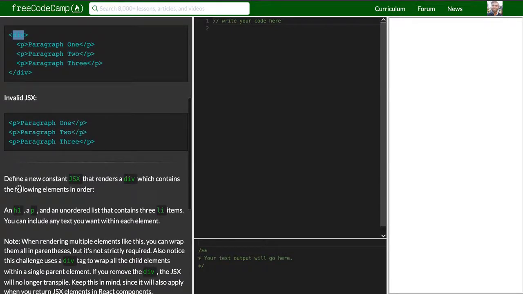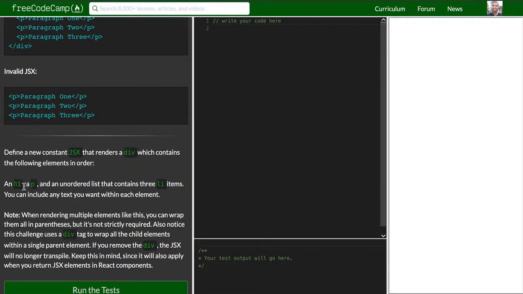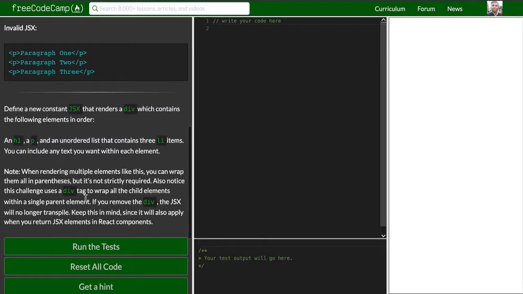So it tells us to define a new constant JSX that renders a div which contains the following elements in order: an h1, a p, and an unordered list that contains 3 li items. You can include any text you want within each element. And it also says note, when rendering multiple elements like this, you can wrap them all in parentheses, but it's